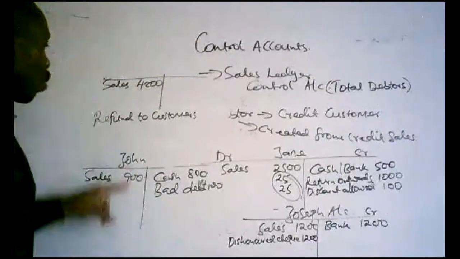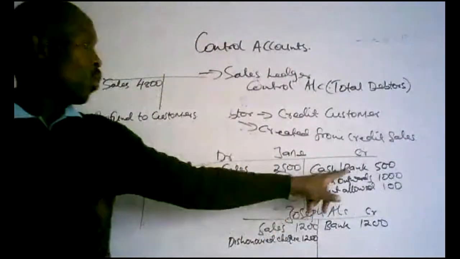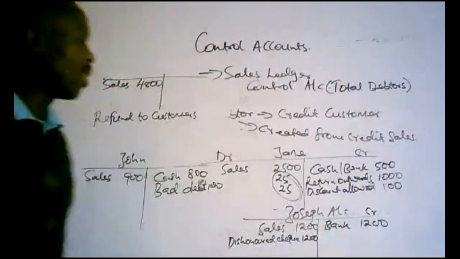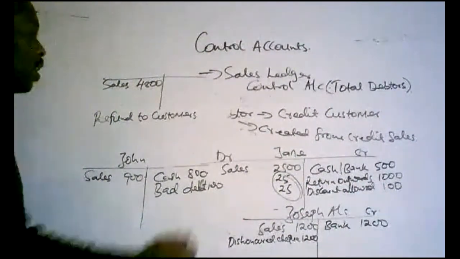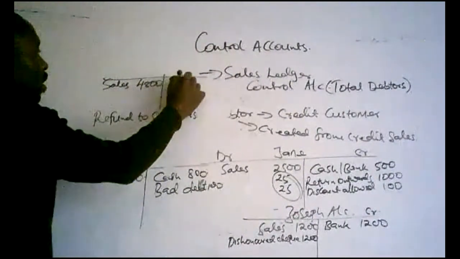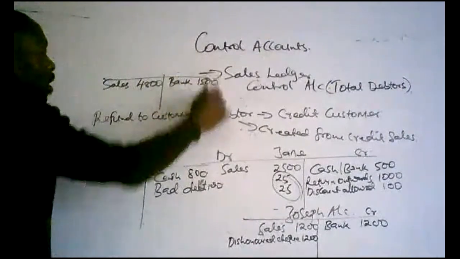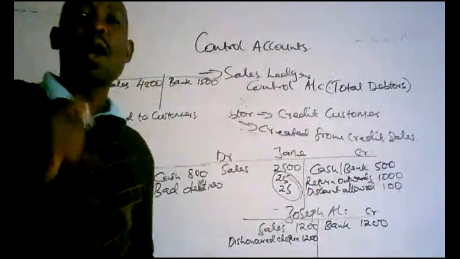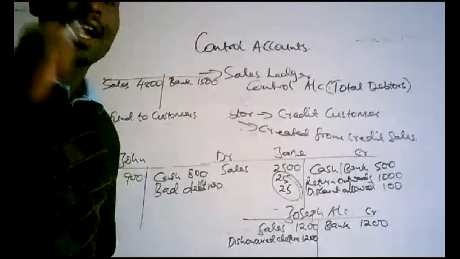If it is sales, we add all the sales. If it was all the checks that were received, maybe it was a check of this and a check of this, those are the checks of 1,500. We come here and, sorry, we write bank 1,500. Instead of having an individual account, we condense them into one account, and that one account that is having